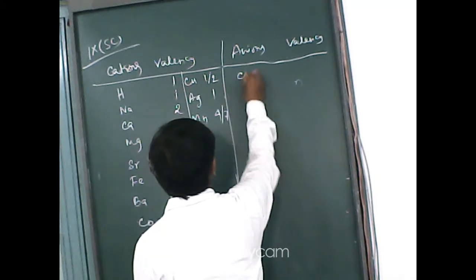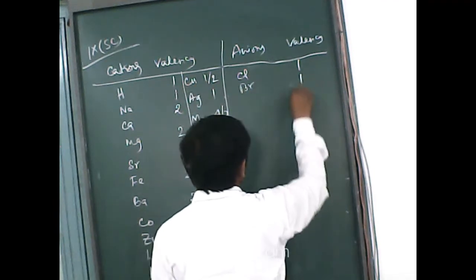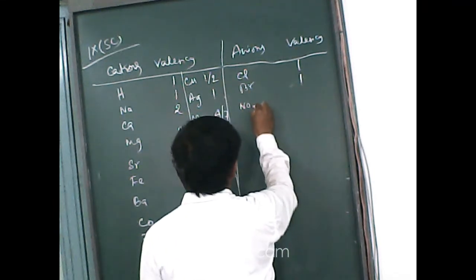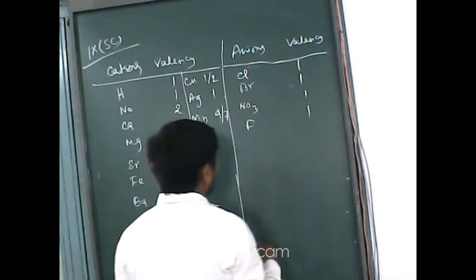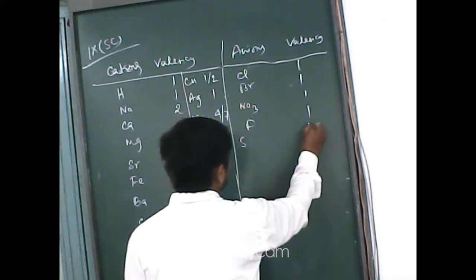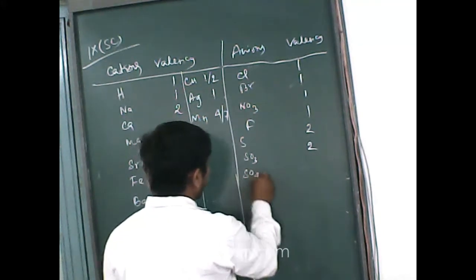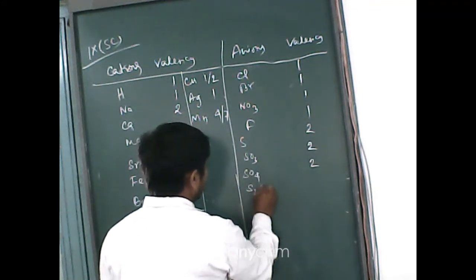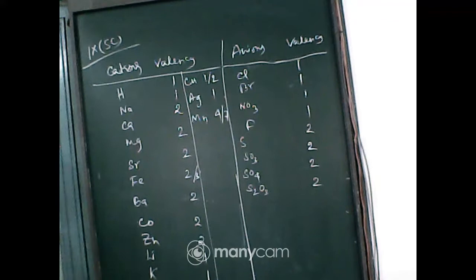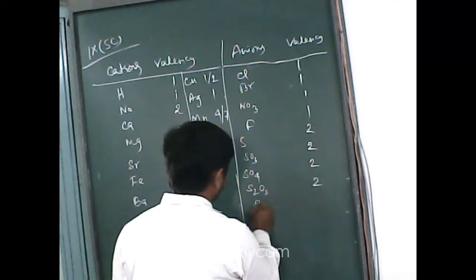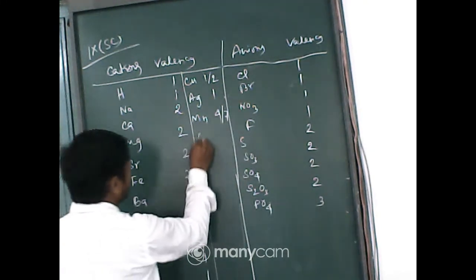Now anion, first of all chloride 1, bromine 1, nitrate 1, chlorine 1, sulfide 2, sulfite 2, sulfate 2, thiosulfate 2. Then come to phosphate, PO4 3. Here one is left, aluminium 3,